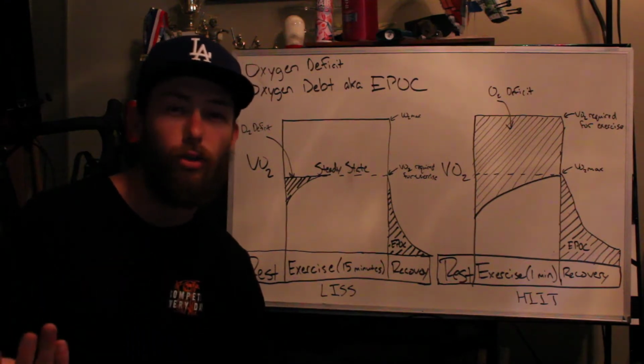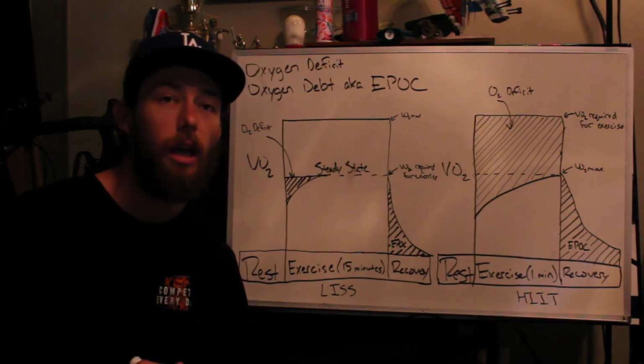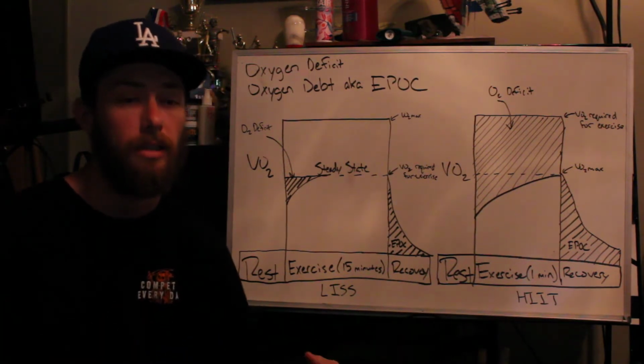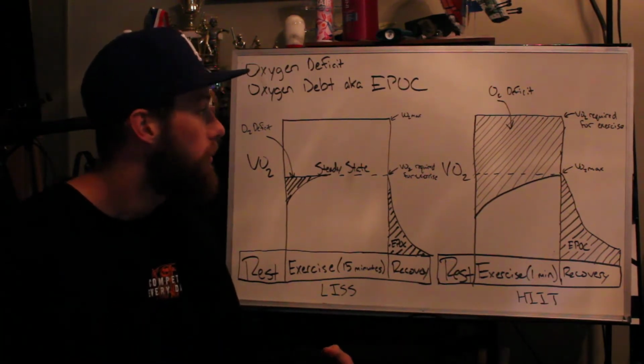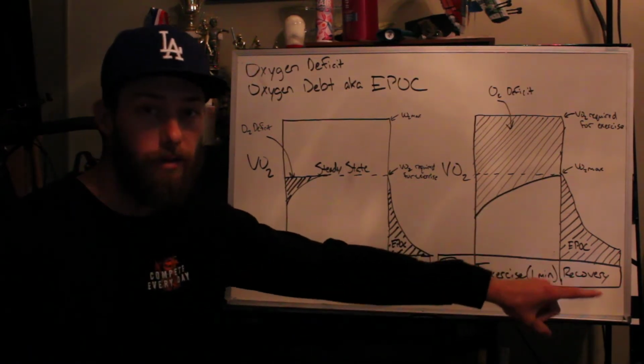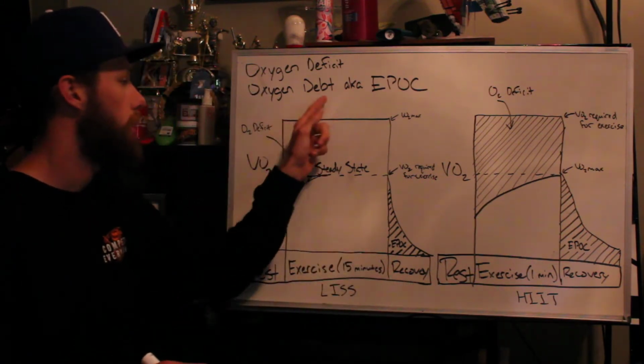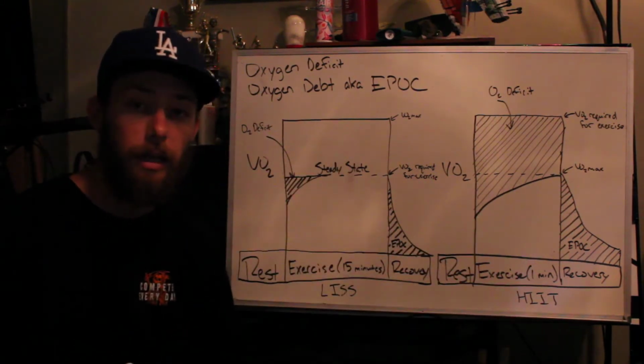takes about, it depends on the person and how you train your systems, but 2 to 3 minutes before your aerobic glycolysis starts to kick in. So therefore, when you are completed and you're recovering, you have a much higher oxygen debt, or EPOC. Now,